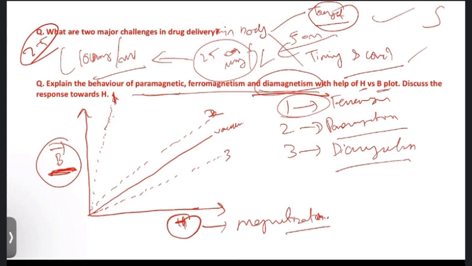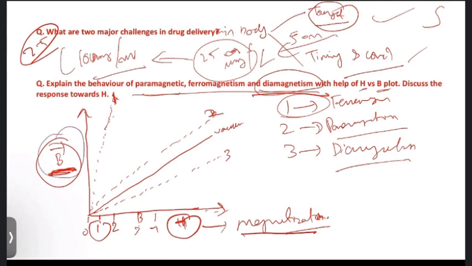It's able to attract the magnetic field towards it. Suppose it is 1, 2, 3, 4, 5. Now read this plot 1, 2, and 3. If I give only around 1 magnetization, the ferromagnetic material is able to attract so much